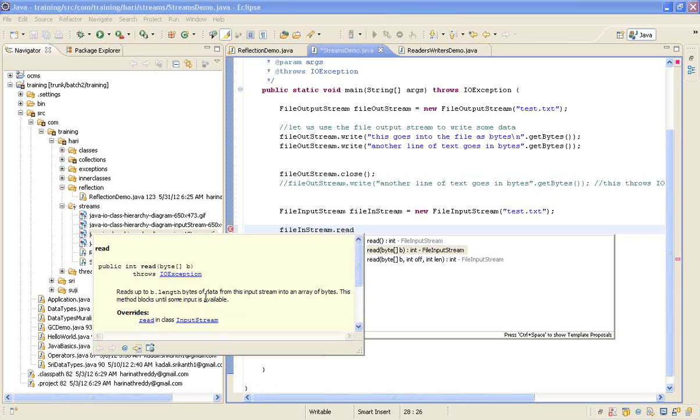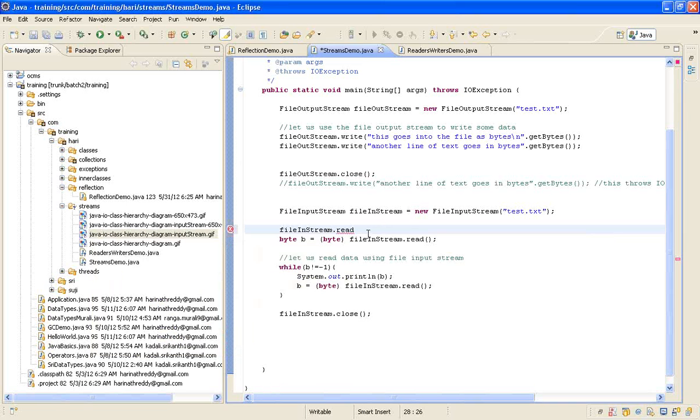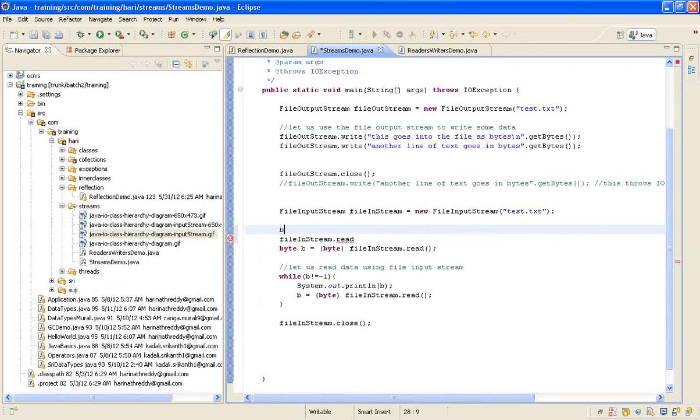So when I declare a byte array, how it works is, I declare a variable of type byte array equal to new byte of, suppose I say 100,